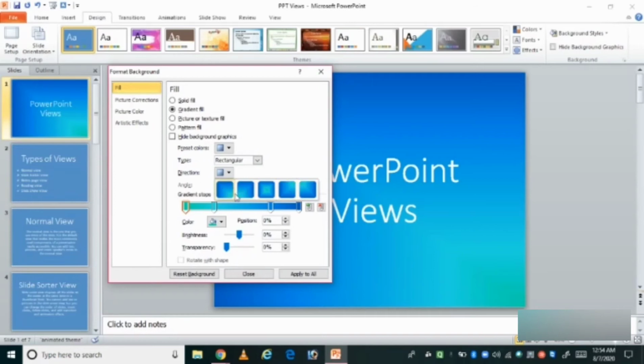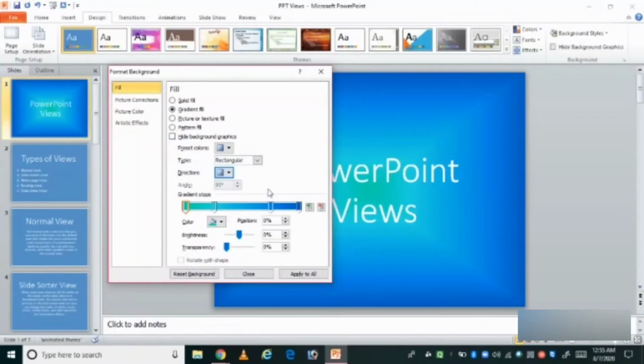You can see these are the five different types of directions. This is from the bottom right corner, this is from the bottom left corner, this is from the center, this is from the top right corner, and this is from the top left corner. As this is a title slide, I'm selecting this one, the center. So you can see the background effect on the first slide.